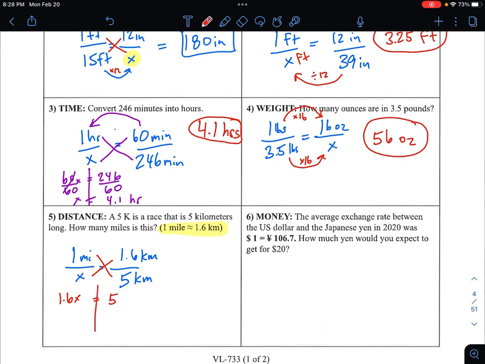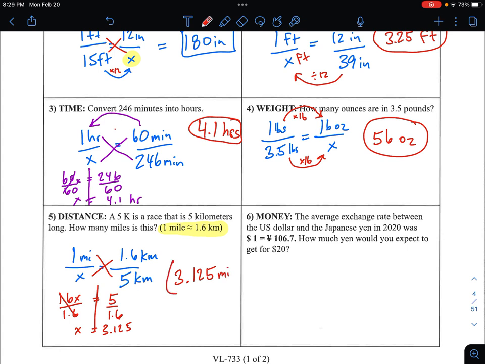Set up my wall. 1.6 times some number equals 5. How do I get the x by itself? Divide by 1.6. That'll cancel. Whatever I do on one side of my equation, I do it to the other. So I take 5, I divide by 1.6, and I get 3.125. 3.125 what? Because that doesn't answer our question to say x equals 3.125. The question is, how many miles is a 5K? It's 3.125